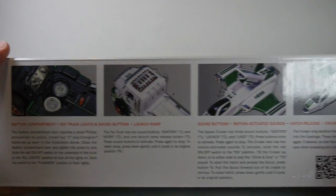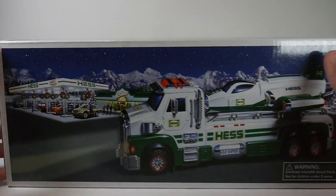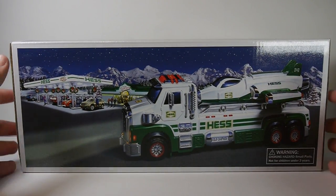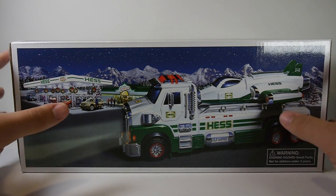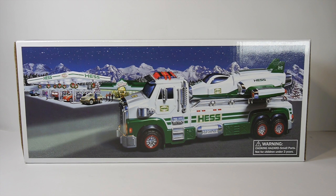We have how to change the batteries, the buttons, and everything you can do with the mini vehicles that come with this thing. But, alright, I am going to get this truck out of the box so that we can see how beautiful and chromy it really, really is. Guys, one thing I would like to mention right before we get out of the box and whatnot is the